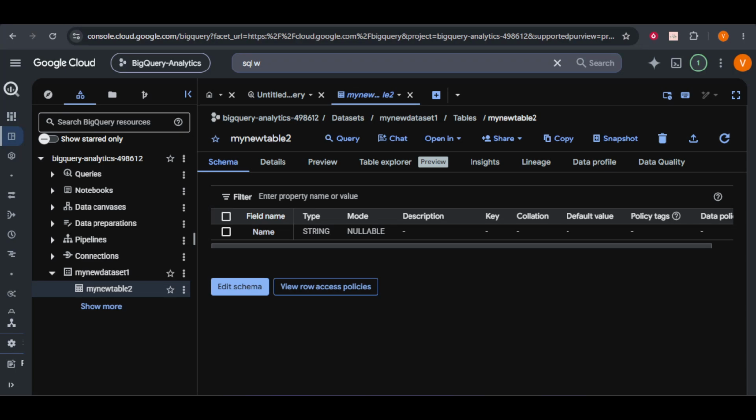In this video, I'll guide you through how to define or edit a table schema in Google BigQuery. Whether you're just getting started with BigQuery or looking to refine your data management skills, this tutorial will provide you with a clear, step-by-step approach to managing table schemas. Let's dive in. First, you'll want to make sure you're logged into your Google Cloud Platform account and have navigated